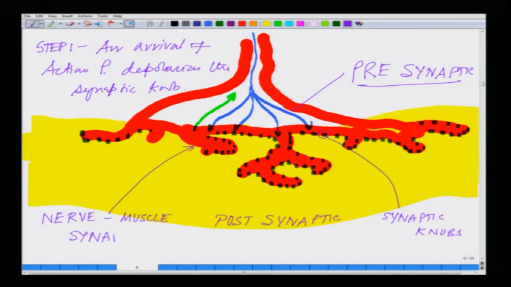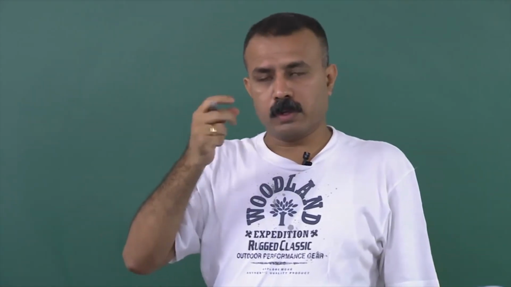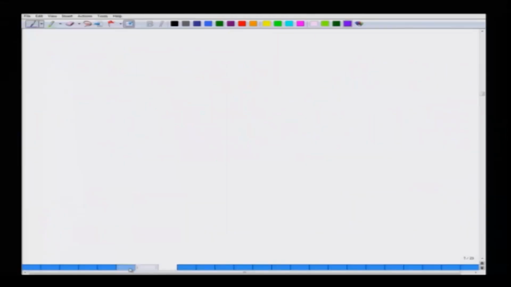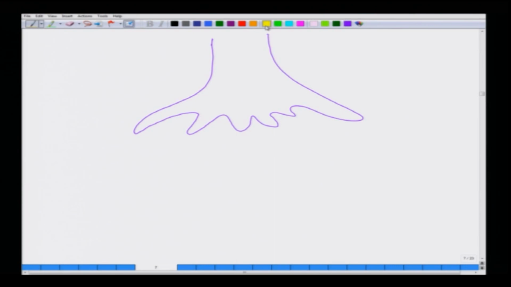So, as a step 1, with the arrival of action potential, it depolarizes the synaptic knobs. What essentially does that mean? Coming back to the slide, if this is the muscle, out here when the action potential arrives,